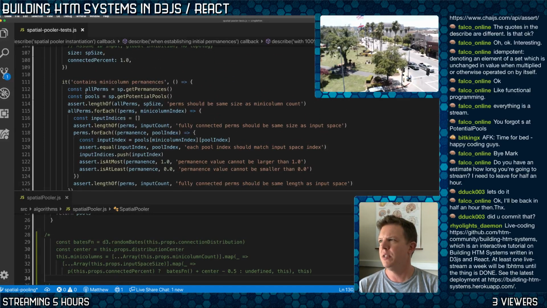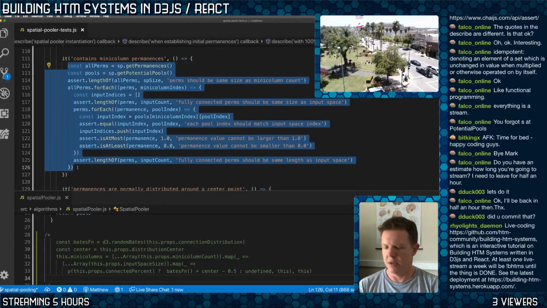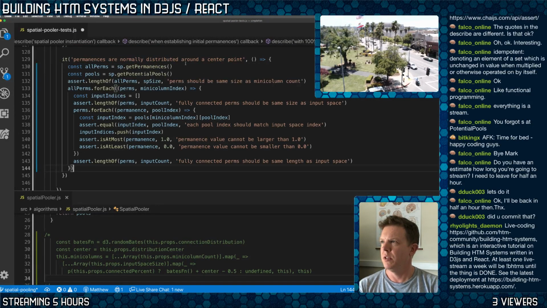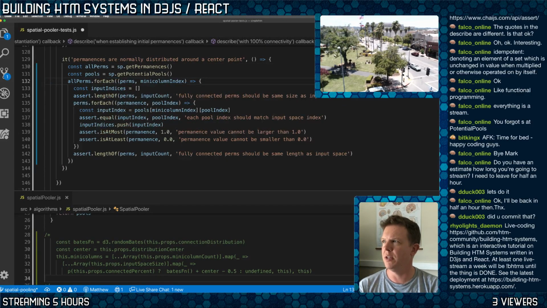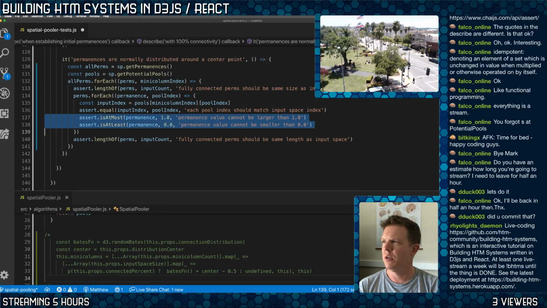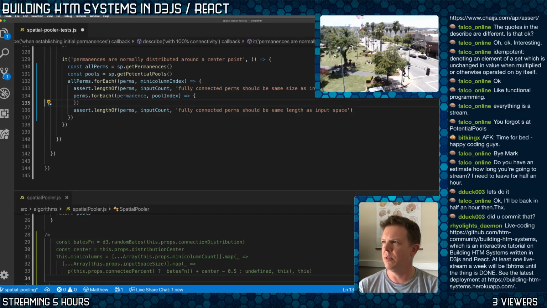So now we need to do some of this again. I'll take some of this and copy paste. So I'm going to get my permanences and get my pools, not that assertion, for all perms. Mini column index, I don't need to keep track of this anymore. I don't need to do that. Okay, all I need to do is